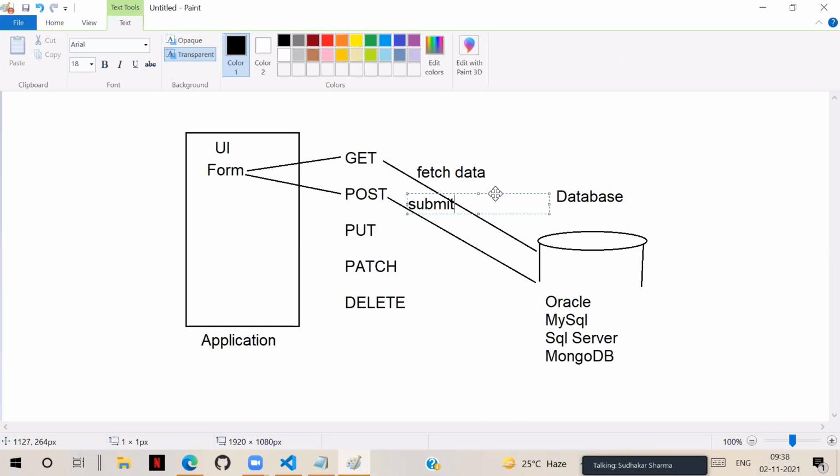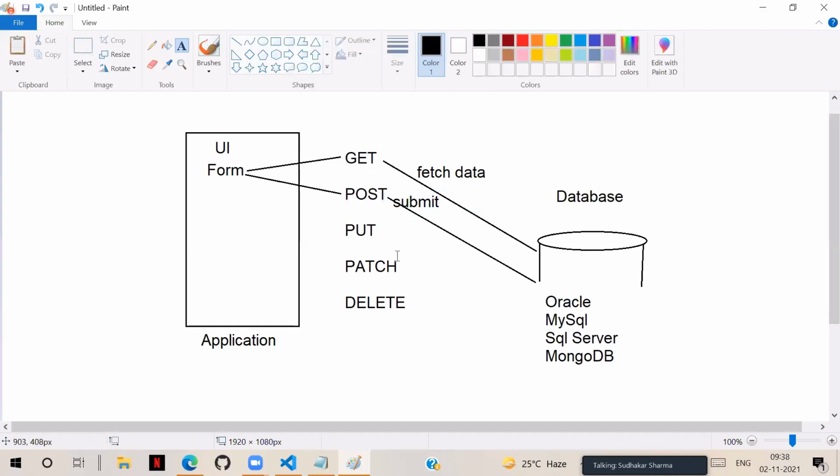That means from the user interface, if you want to send some data to the database, then we have to use the post method. Post is used for submitting data into the database. That means the user enters some details, and we need to send those details into the database and store them. I will tell you the detailed differences later, as many points are there. As of now, basically get is used for fetching the data, post is used for submitting the data, and put is used for